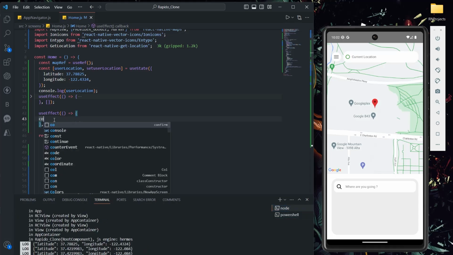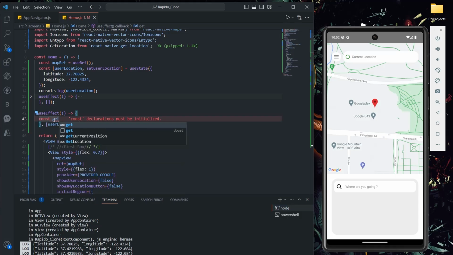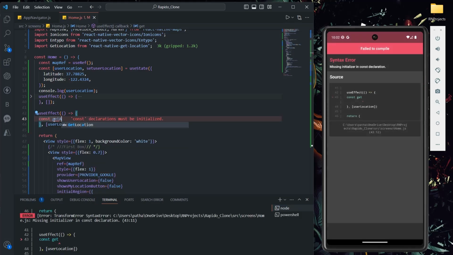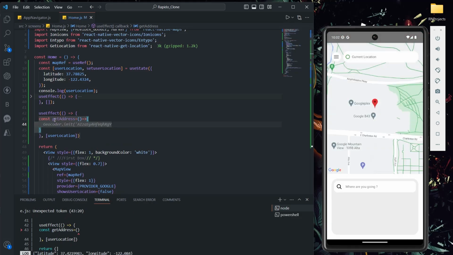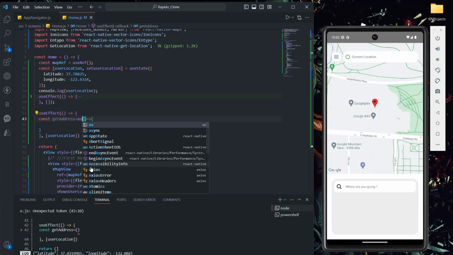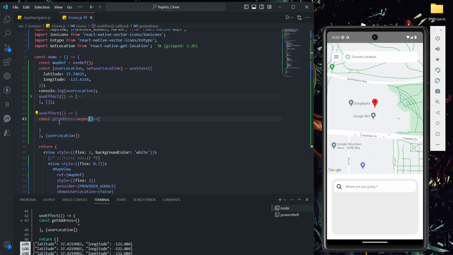In this useEffect, I'll say const getAddress. I'm going to create a function, because API calls are async tasks, right? So it will take some time. So we cannot directly pass useEffect async, so that's why I'm going to create a function here saying async. Before that, let me import